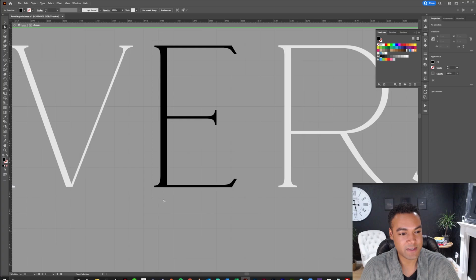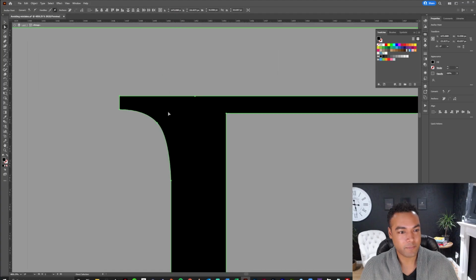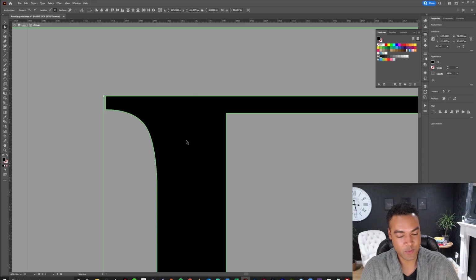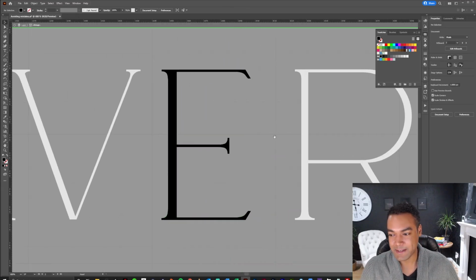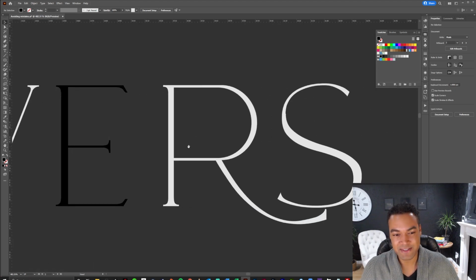If we wanted, we could select like this and just reduce the weight of the stem. So it's quite easy to make proportioned changes. And because we've selected the entire curve, this isn't changing the angles at all as we manipulate this. Now, there is a better way to edit and alter curves. We don't have time for it in this class as a quick tip, but just take care